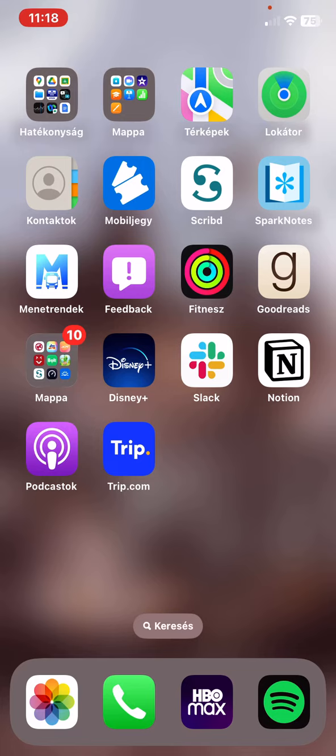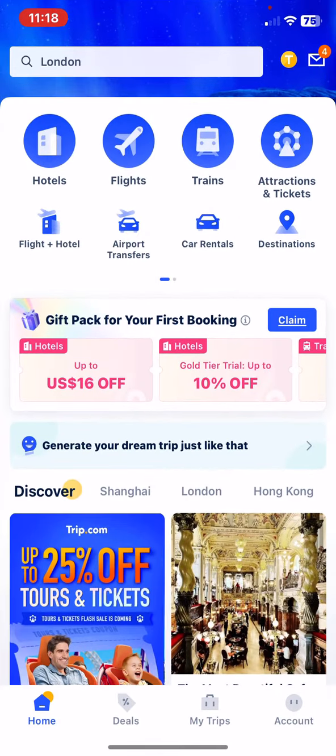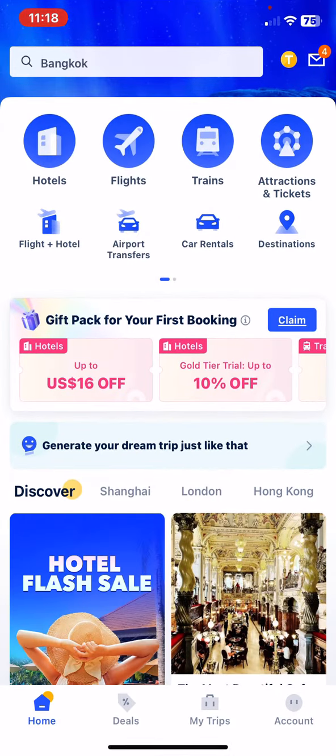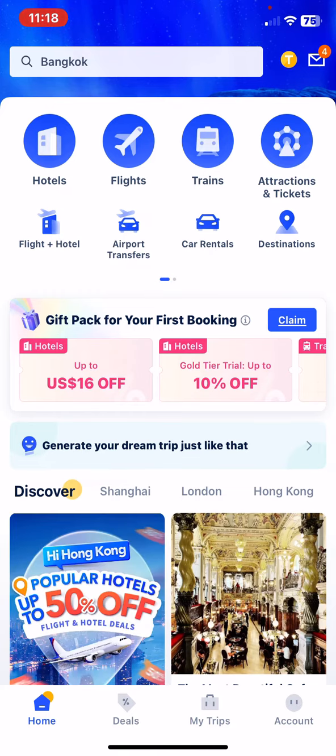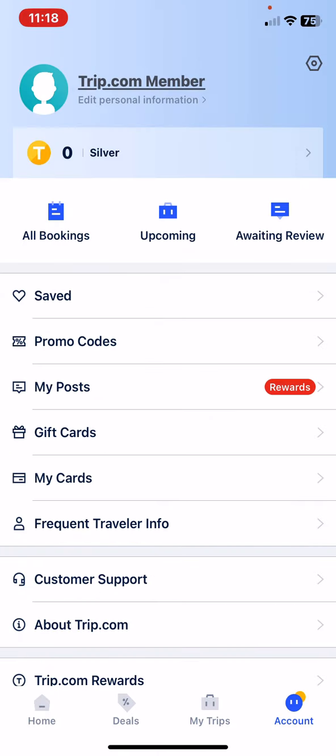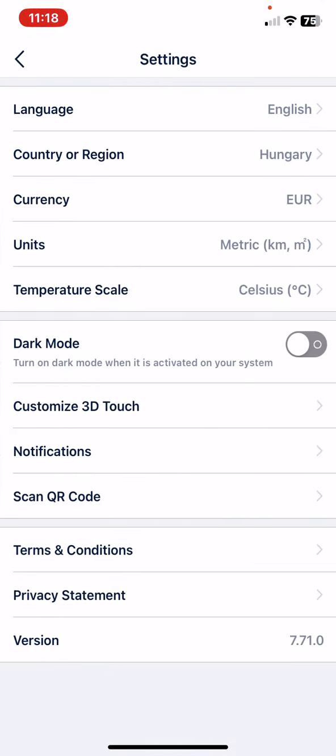Let's jump into it. First of all, open the application on your phone and then click on the account button at the bottom of the page on the right, and then click on the settings button at the top of the page on the right, and then click on the notifications button,